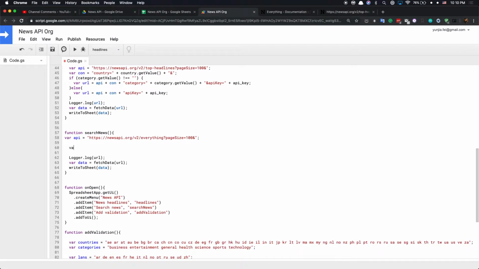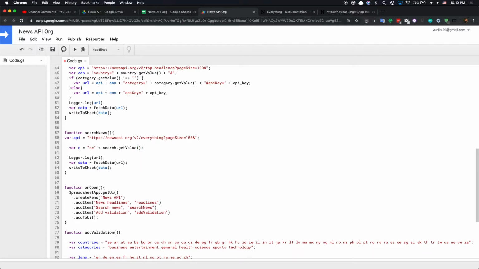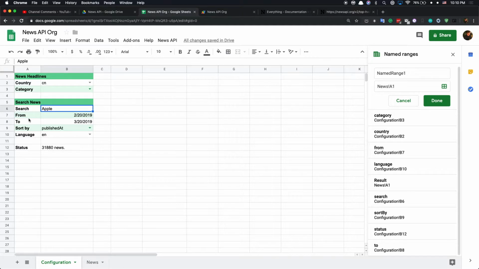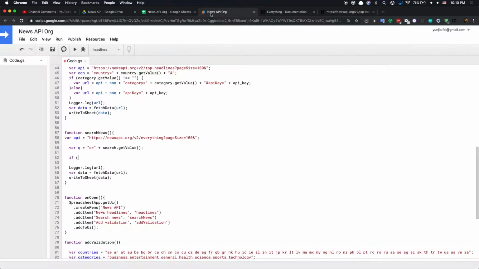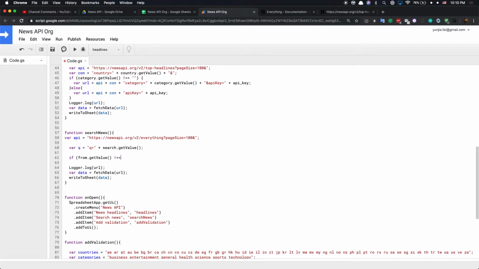So for Q, the query, it will equal Q equals plus search.getValue. So this Q is a must-have. And if we search from, to, sort by, language: if from.getValue is not equal to empty,